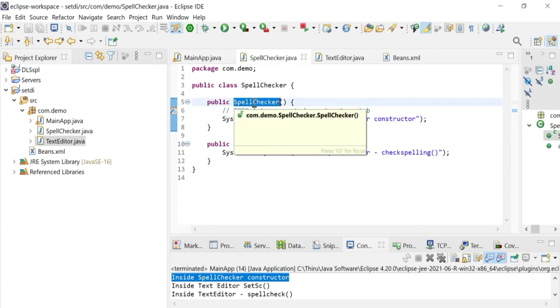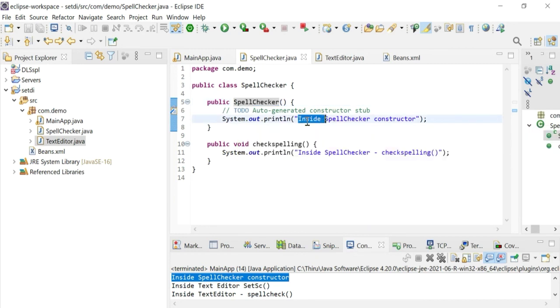The control comes here when the spell checker bean is created, so this text message is printed on the console.